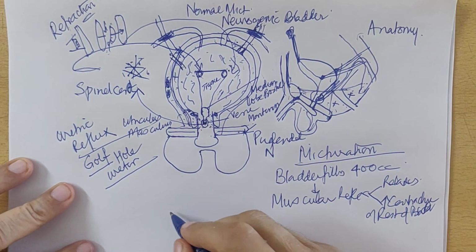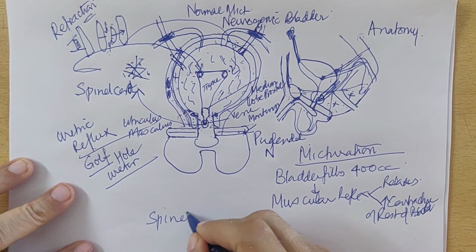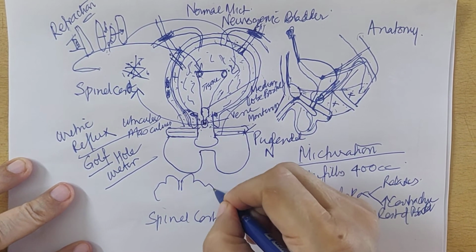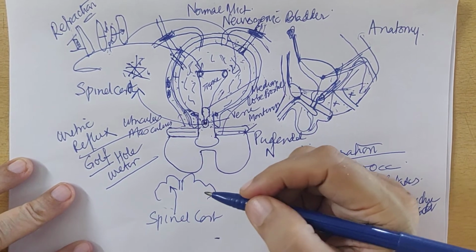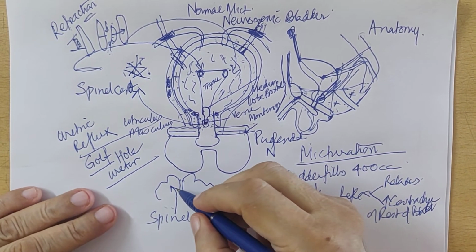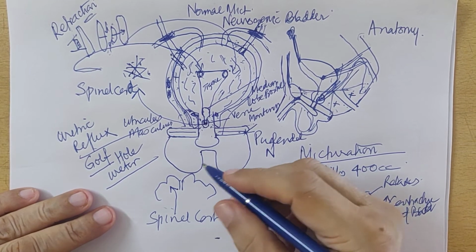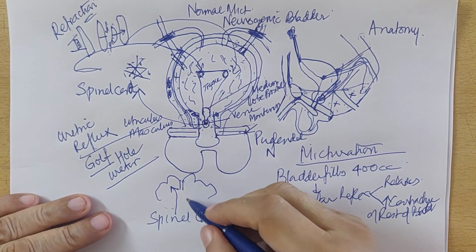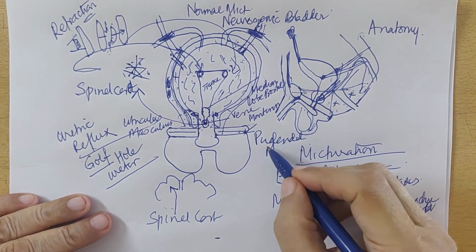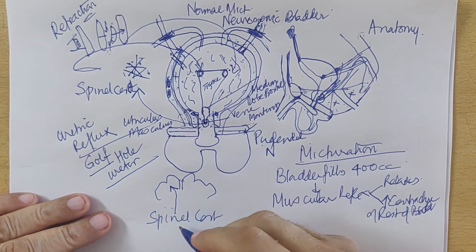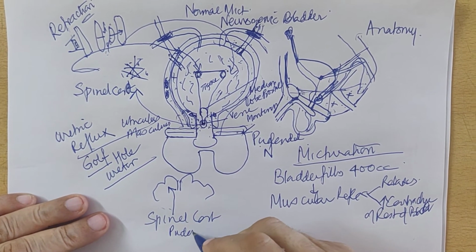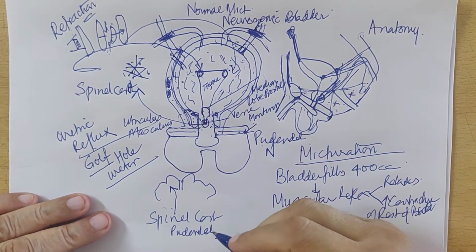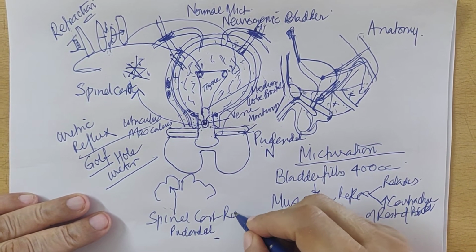The other thing is that the spinal cord will inform the cerebral cortex that your bladder needs to be evacuated, and therefore you start finding an appropriate place, and when you find an appropriate place, you relax the pudendal nerve. The pudendal nerve is preventing the urine from getting out. So you relax the pudendal nerve